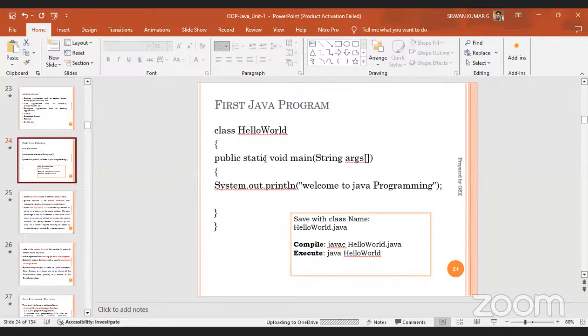But try to understand each and every term. This is not as easy as C language. C is very simple. But coming to Java, you must understand the hierarchy structure. See now,